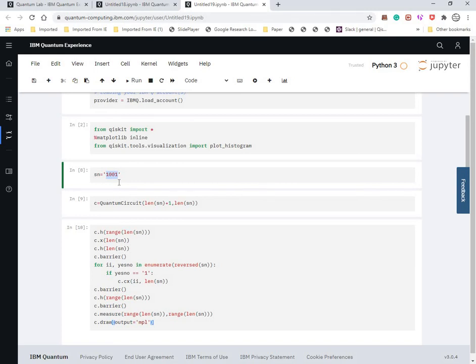Now let's change the number of bits and the bit arrangement as well. So I put 11001, I use 6 qubits, and I also change the bit arrangement. So let's run this circuit.